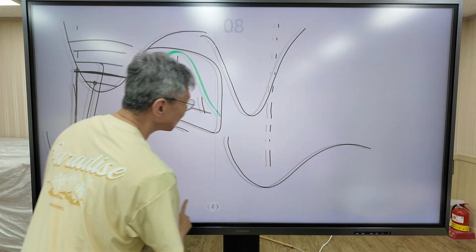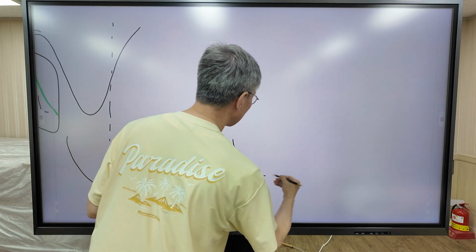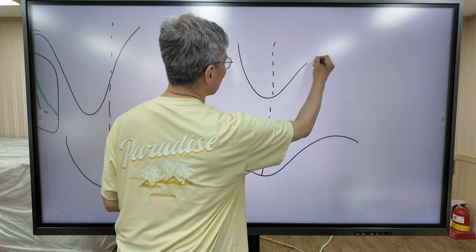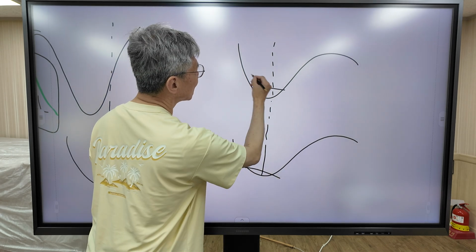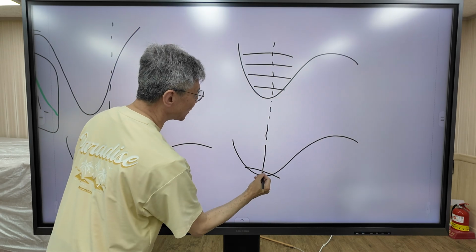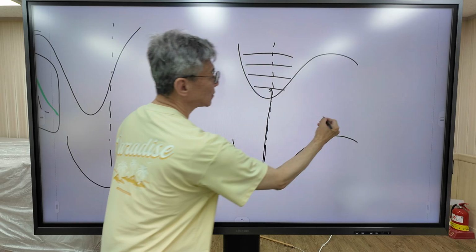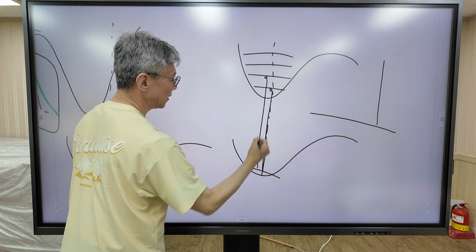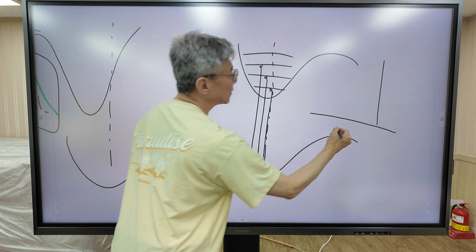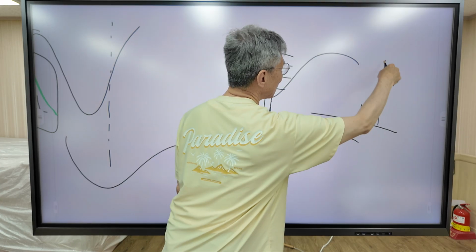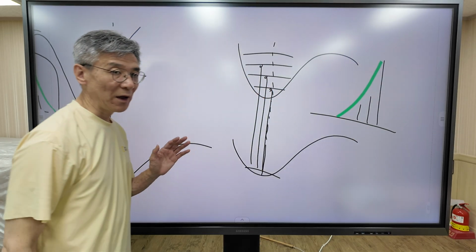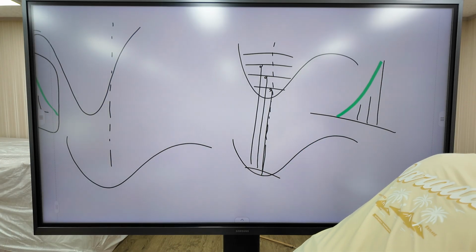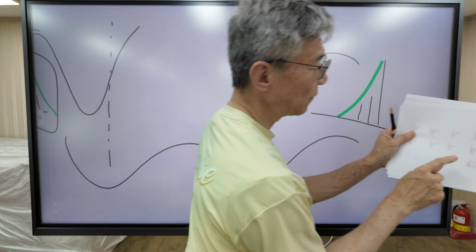Now, when the potential energy curve does not shift, which looks like this, the most intense transition comes from V equals 0 to V equals 0. This is the most intense transition. And for transitions to higher levels, the probability decreases gradually. So we obtain a half bell-shaped transition. Now consider the fourth case.